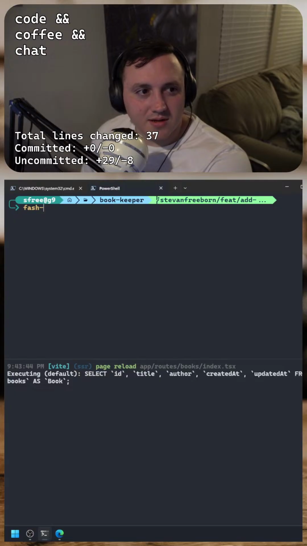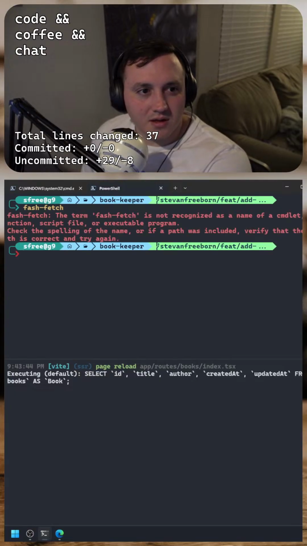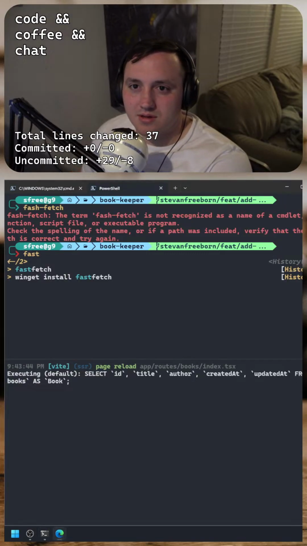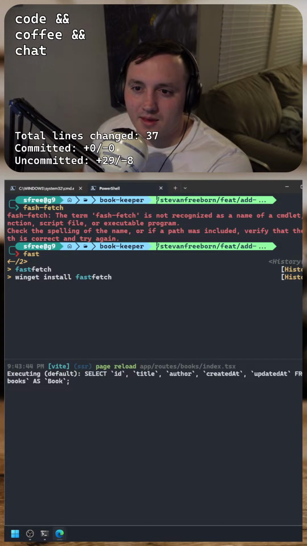Why is it not? What's the command? I'm gonna try to show off my specs on my sick new computer. No, the only thing that's actually sick about it is the fact that it